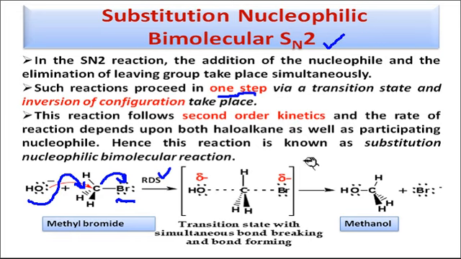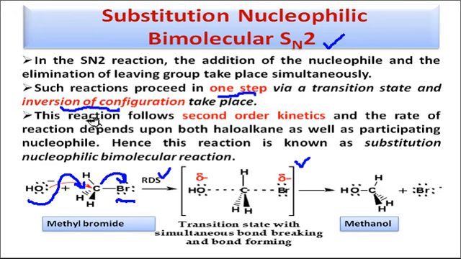So in this one-step reaction, while the nucleophile attacks onto the substrate molecule, there is the formation of the transition state. In this transition state, the leaving group is partially bonded with the central carbon atom, and the nucleophile is also partially bonded with the central carbon atom. Always remember that these reactions are completed with the inversion of configuration always. How it happens we will discuss in the next part of this lecture.